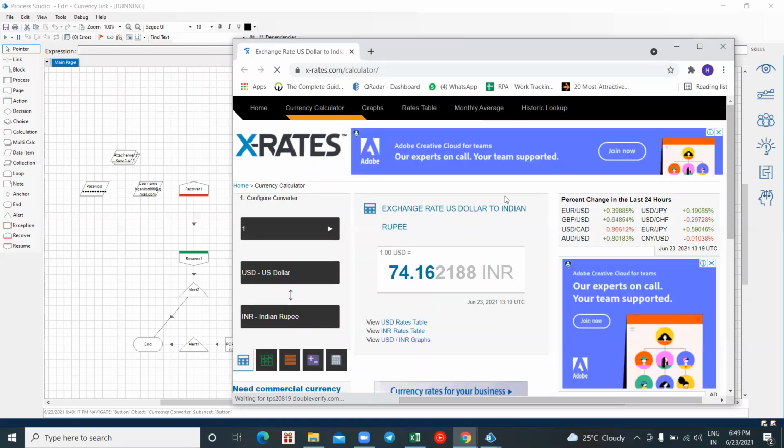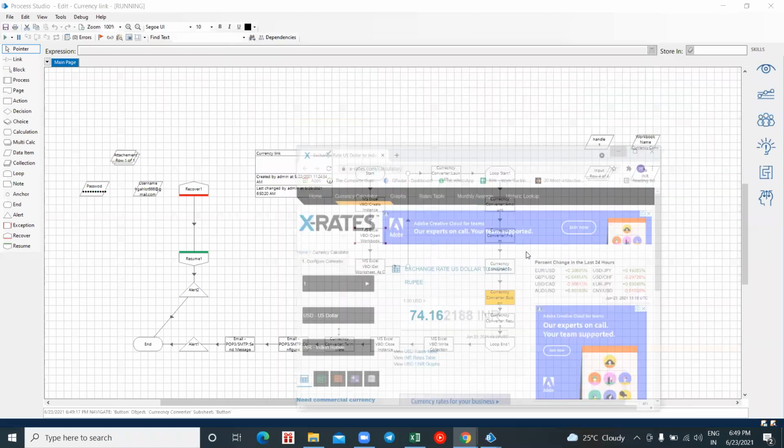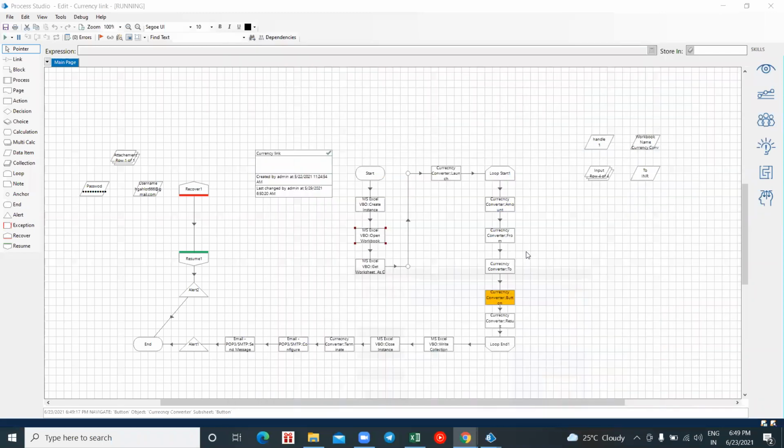So here you see, with this, my 4 rows are done. Sorry, only 3 rows are done, I guess. The 4th row is running now.